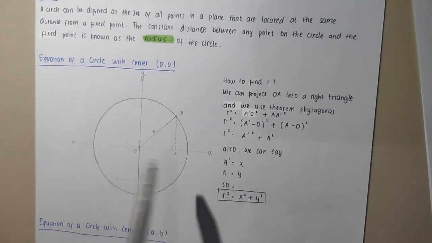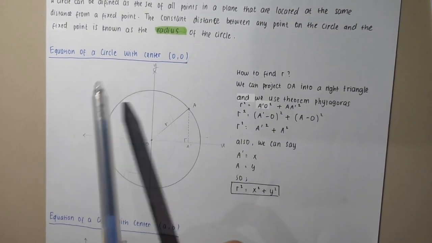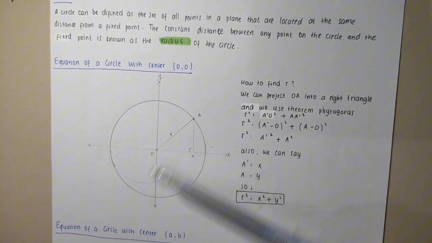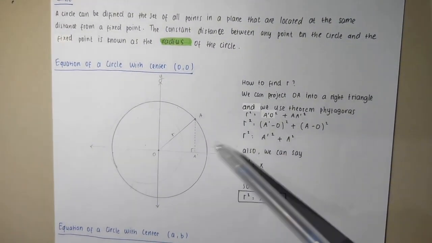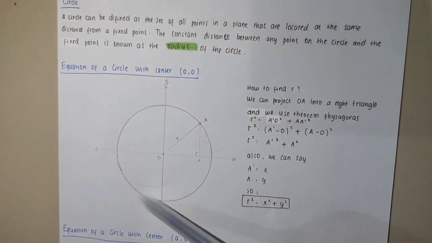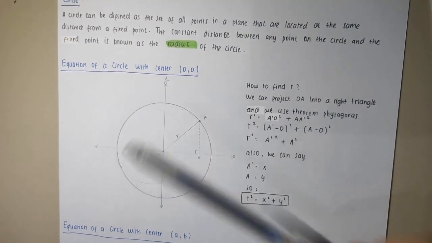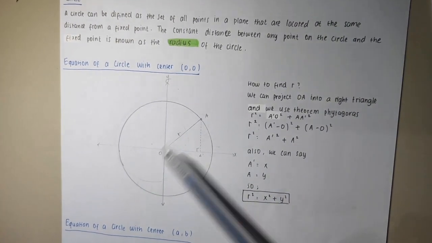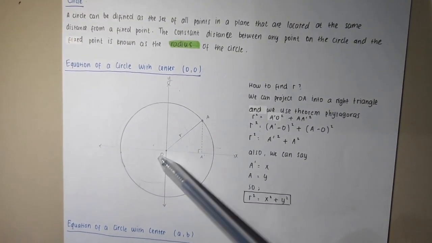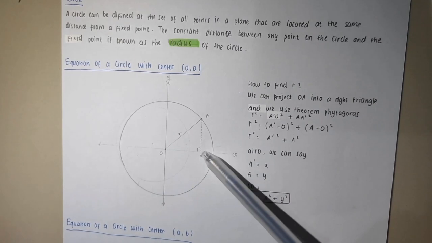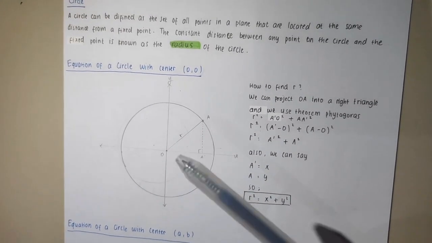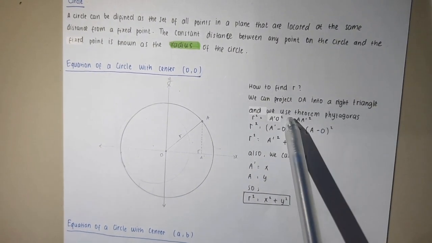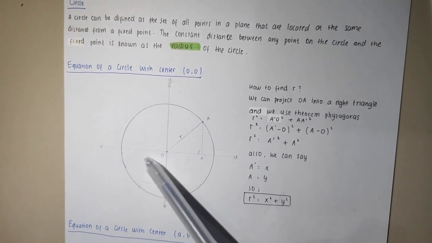Now, the equation of a circle with center (0, 0). So here we have a circle in the Cartesian coordinate system with center (0, 0), and here we have OA as the radius of the circle. We can project OA into a right triangle and use the theorem of Pythagoras with r as the hypotenuse. And then we use the unit distance method to find AO. So r squared equals